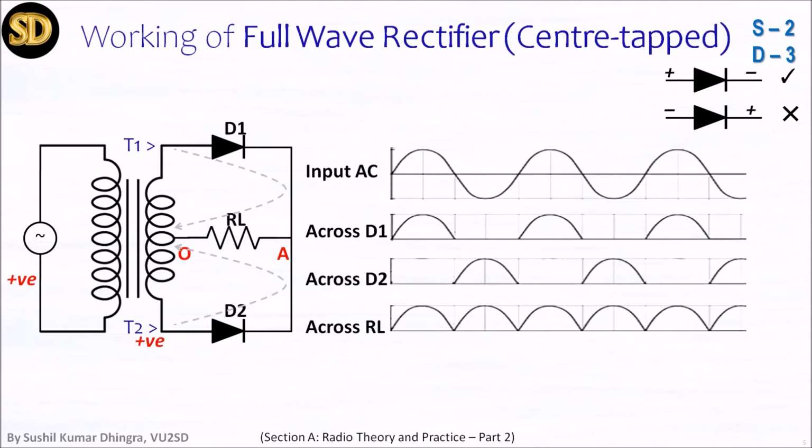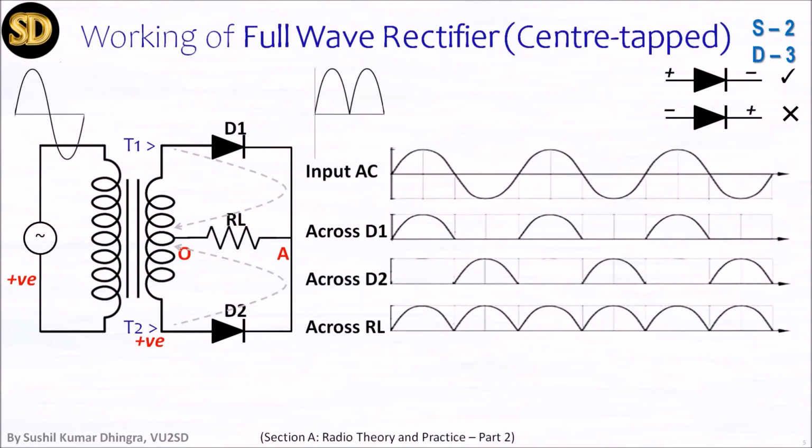Input AC is alternating. D1 is working in alternating odd phases 1, 3, 5, whereas diode D2 is working in even phases 2, 4, 6, and the sum of D1 and D2 both comes across RL, and as a result RL is getting every phase but in positive, but they are in the form of pulses. These pulses are not good. We need to filter them out with a filter circuit. I will cover that some other time. Initially I am just showing these diodes converting AC into DC.